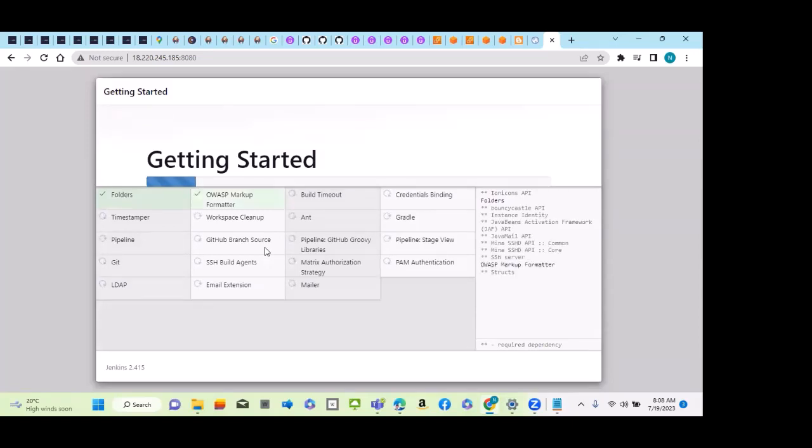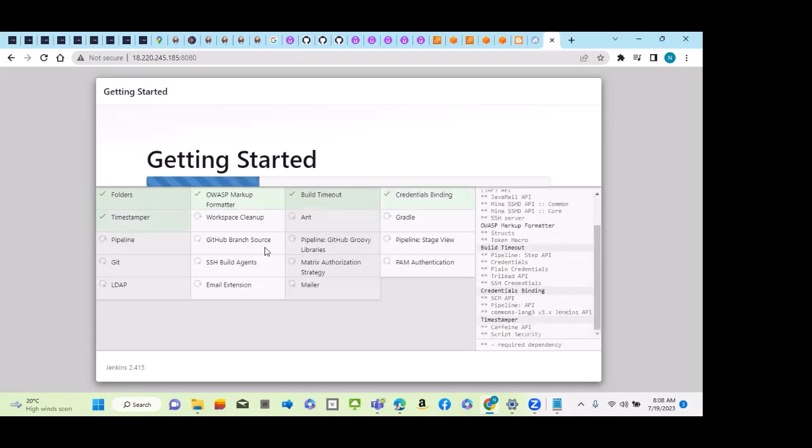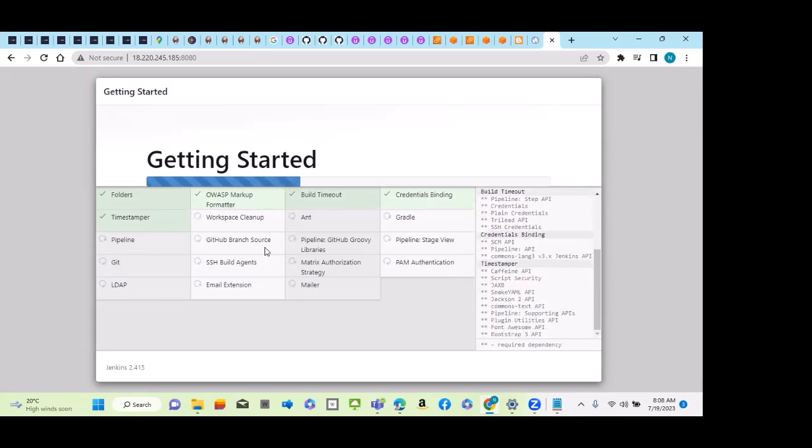So the latest version of Jenkins we are installing, 2.415. So this way we can install Jenkins in EC2. So Dinesh, ఈ సిస్టమ్